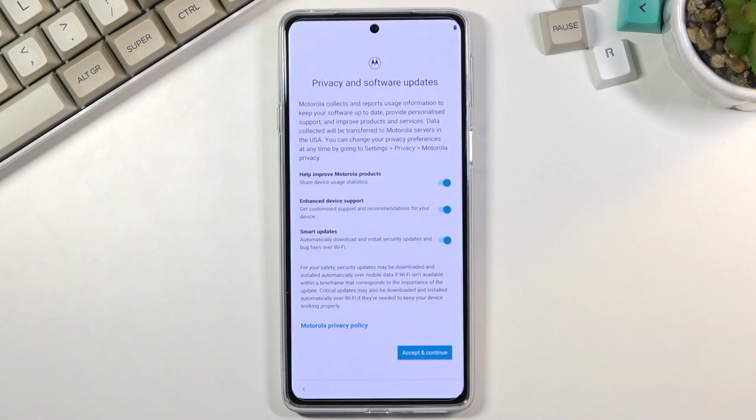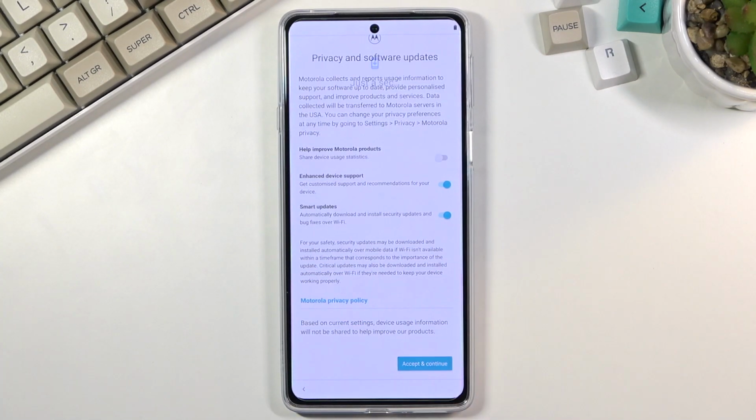Then we have privacy and software update. We have a couple toggles which you can agree or disagree to, depending if you want it or not. We have smart update, which automatically downloads and installs security updates and bug fixes over Wi-Fi. We have enhanced developer support and help improve Motorola support products, which, no thanks, you're not going to be spying on me. And let's go to the next page,